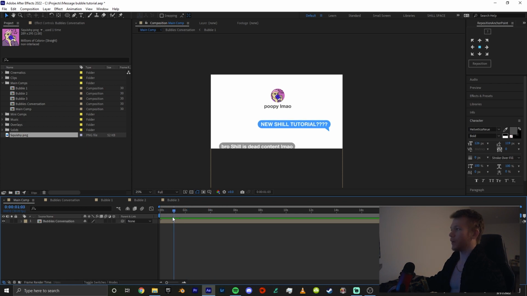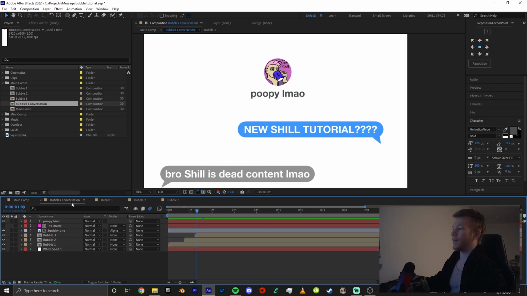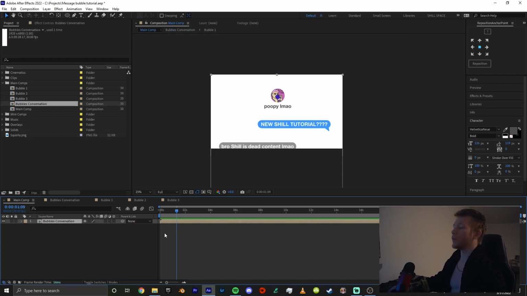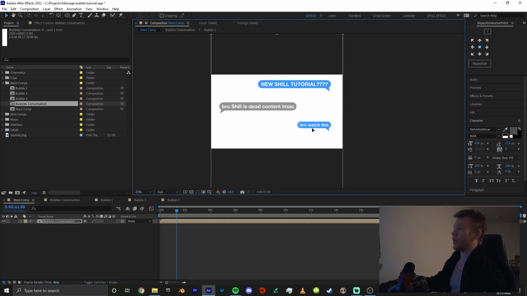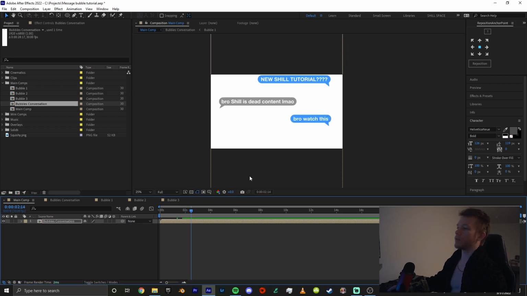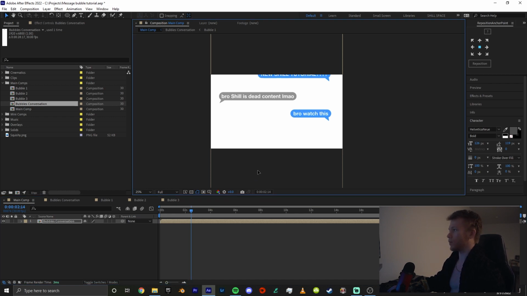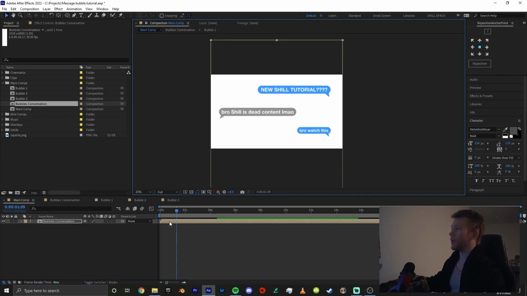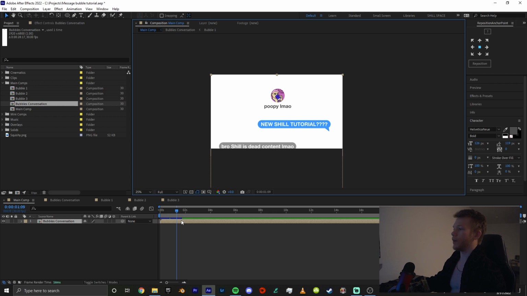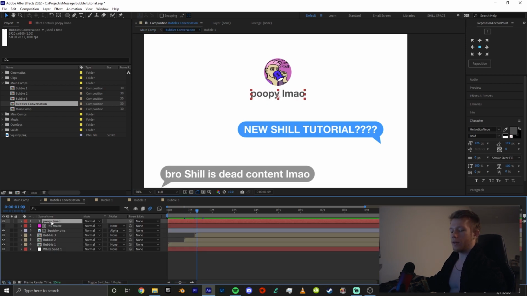But as we can see here, we can't see the other messages. So we have to open up this composition and add some camera movement. And we can do this a bunch of different ways. You can add the camera movement just by like sliding this composition down as the text message bubbles pop up using just position keyframes. To make it look a little smoother, I'm gonna undo that, open up this composition, and